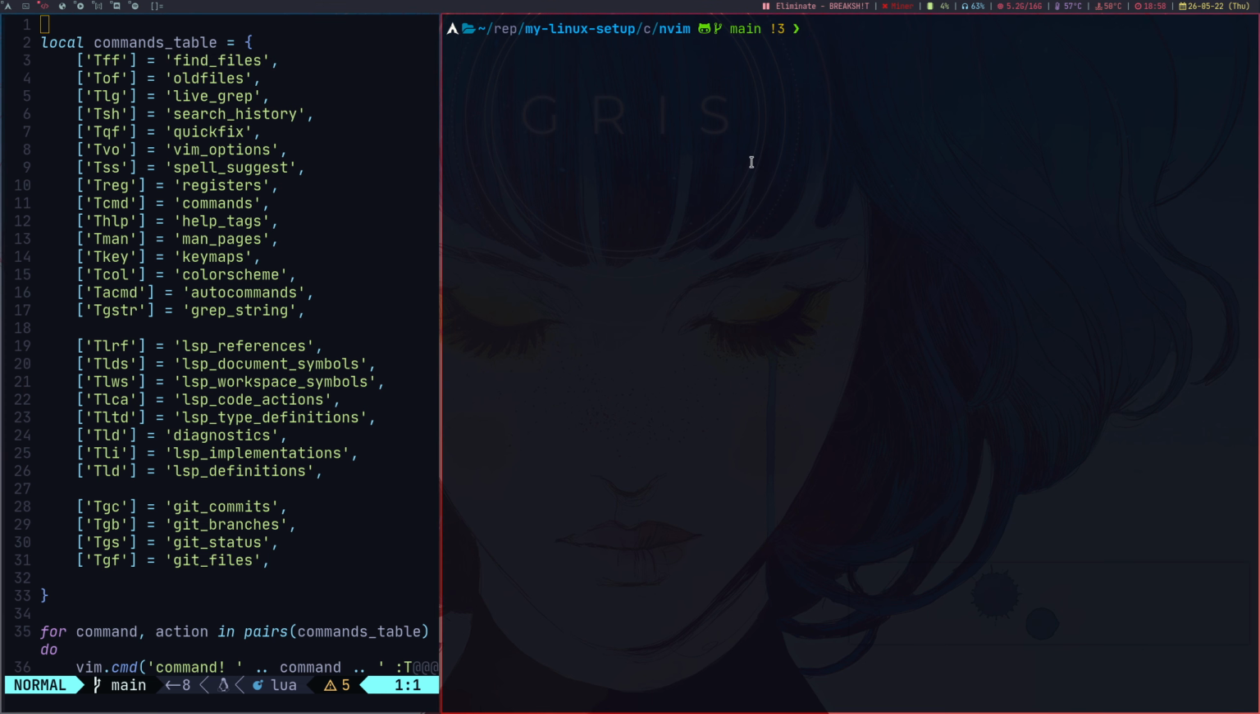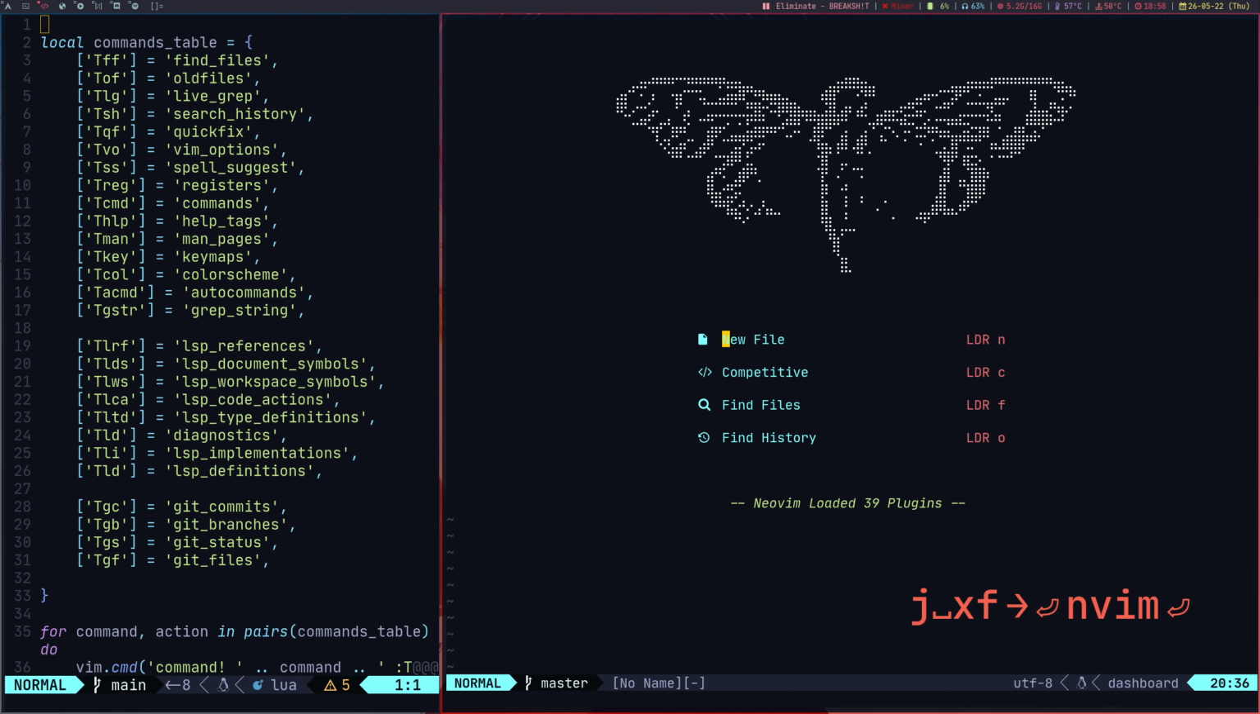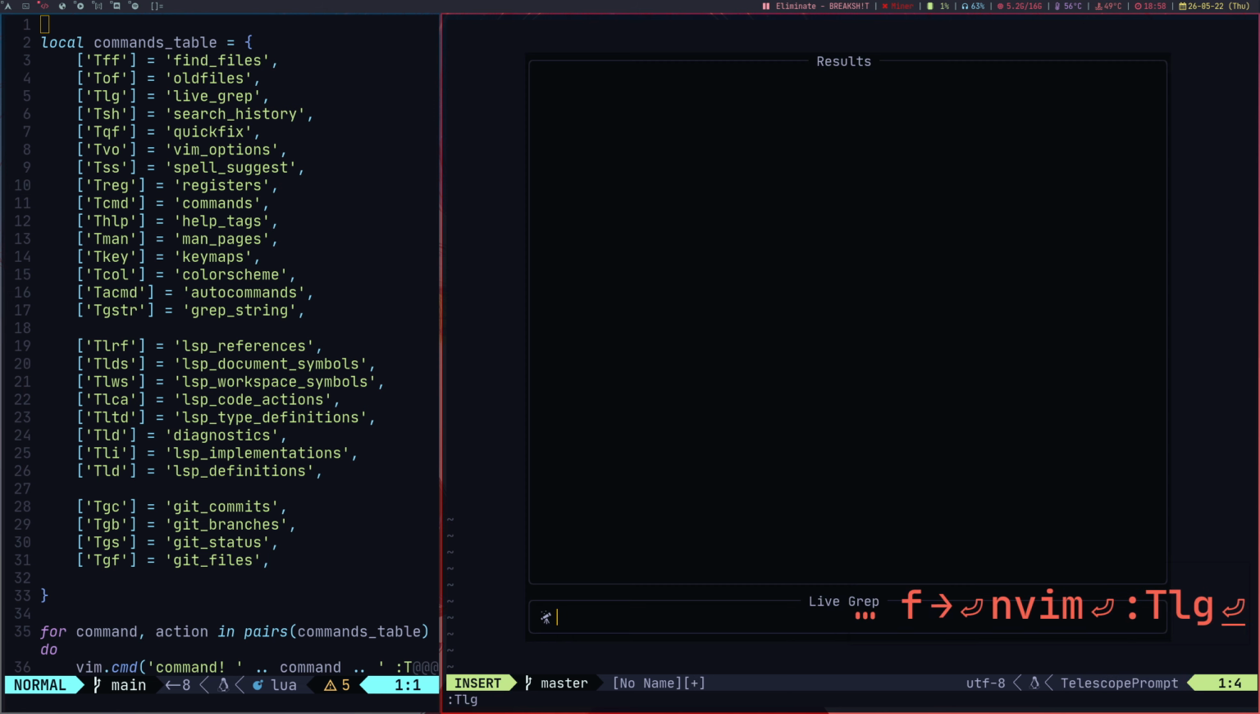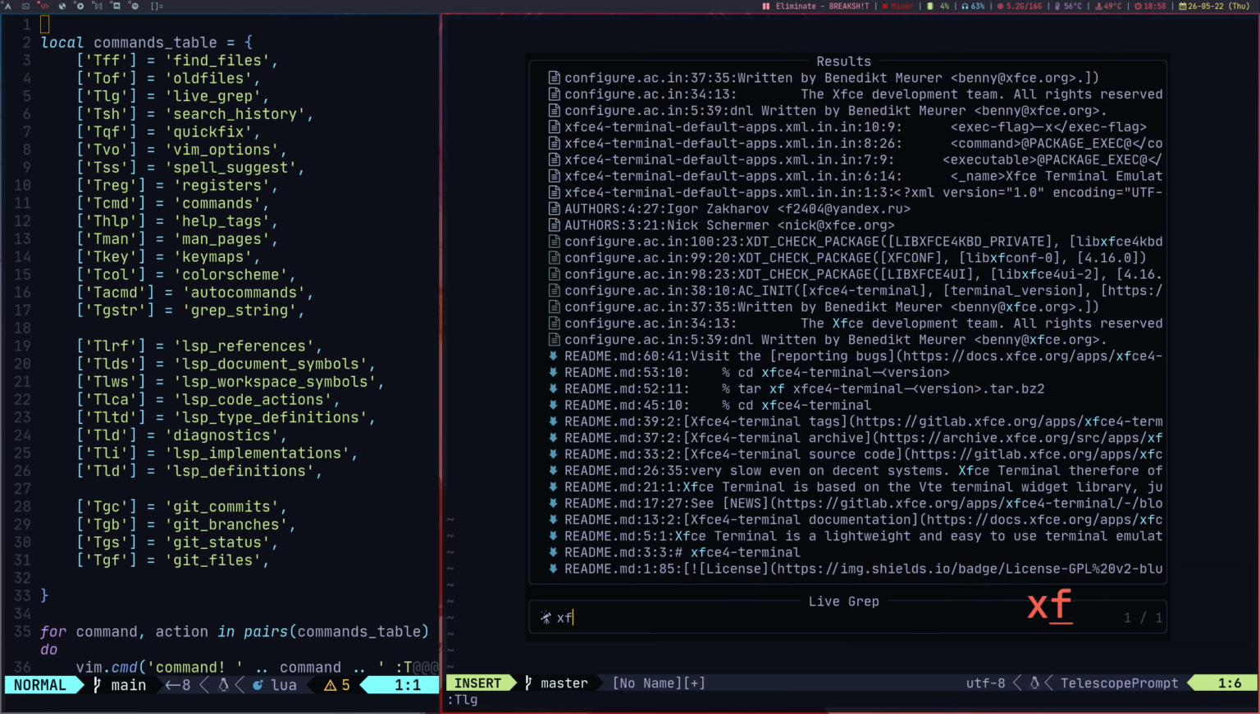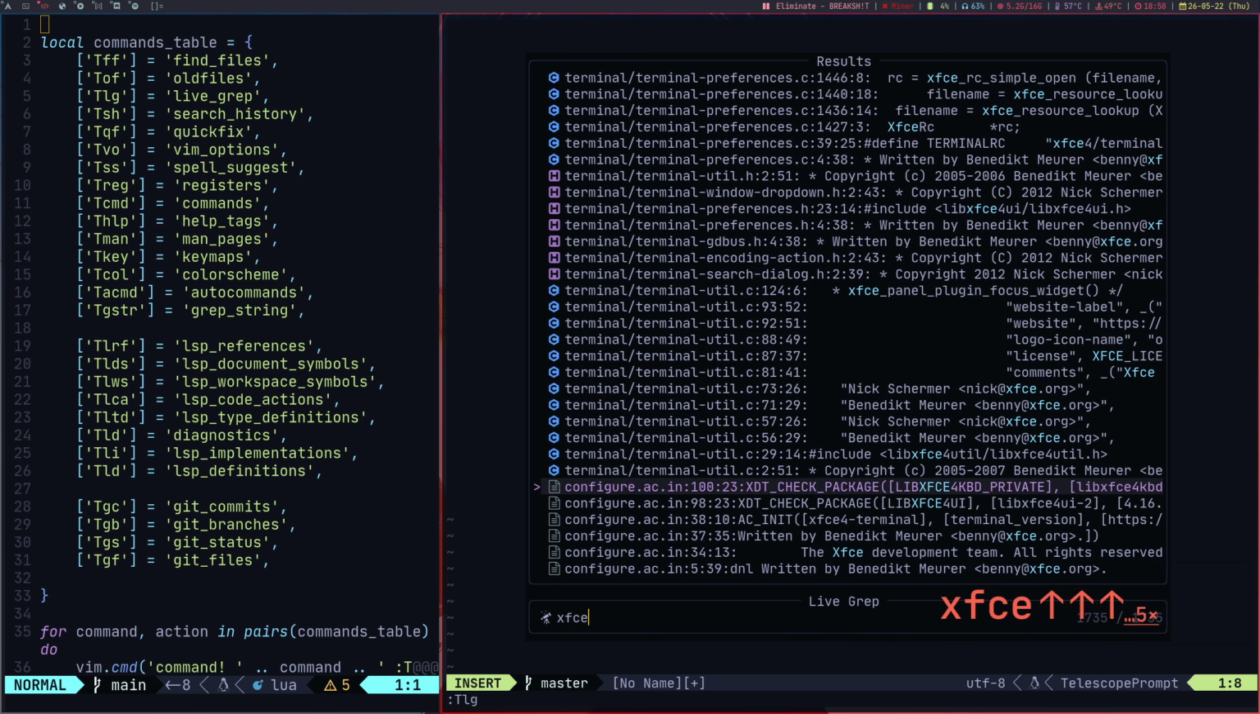LiveGrep. LiveGrep is really useful. So if I go to xfce and open up NeoVim, to run LiveGrep, it is tlg. These are the telescope commands and these are the aliases for that. So if you want to run telescope LiveGrep, it's tlg. LiveGrep is that you can search for any string. So let's say I search for xfce, it will show you all of the